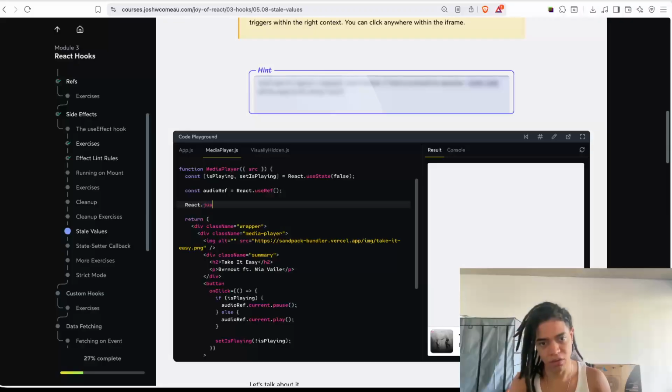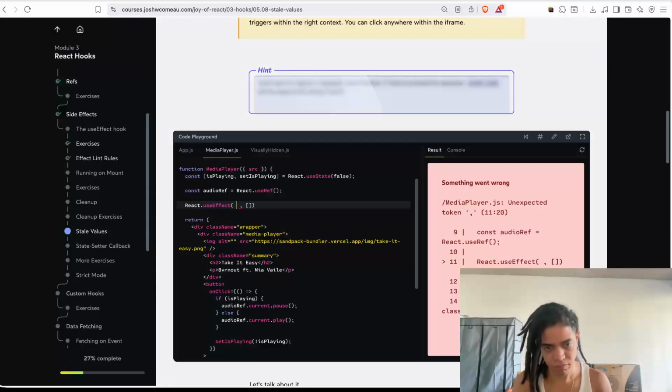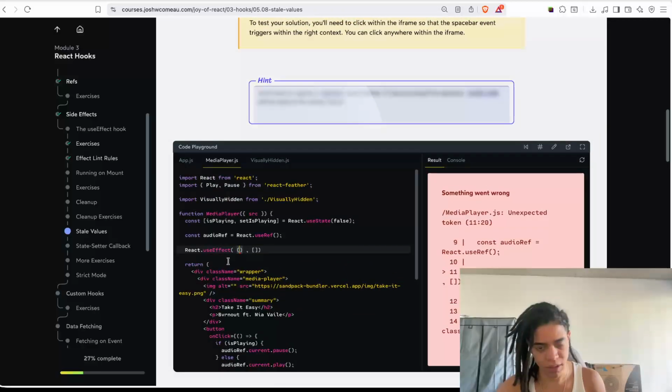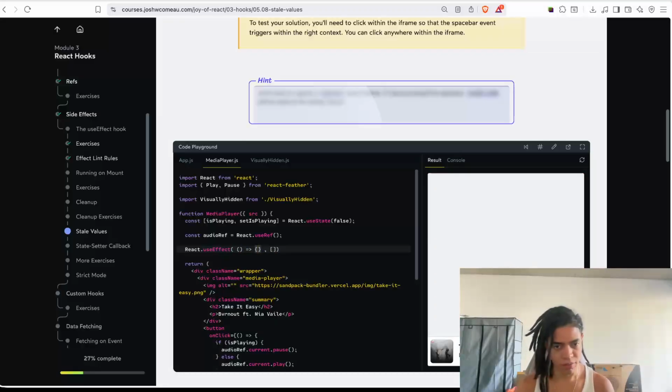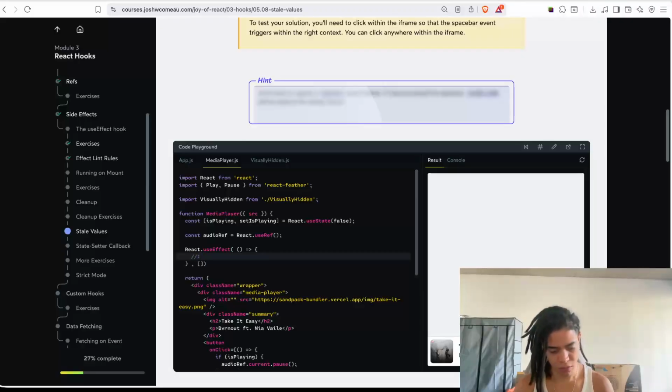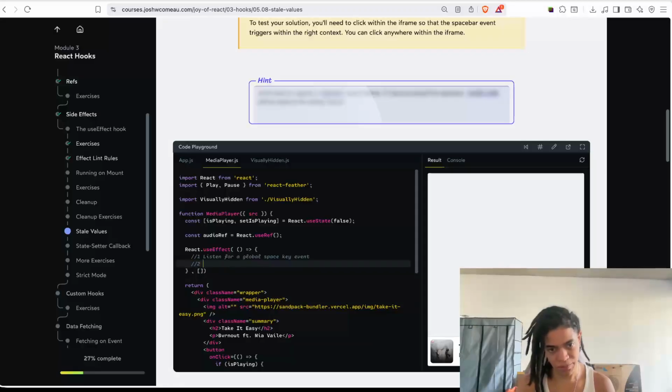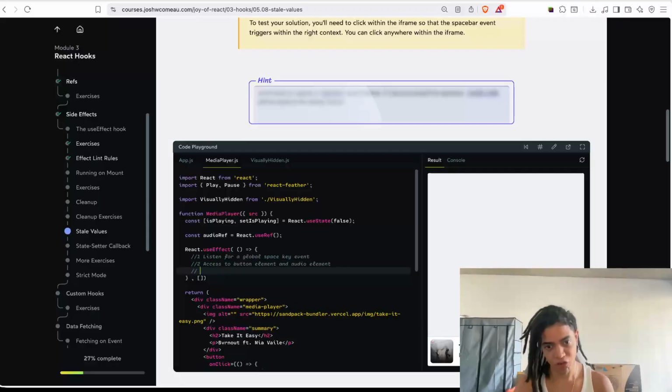In React.useEffect, I want this to run only once. So here are the three things. First, I need to listen for a global space key event. Once I listen to that, I need to access a button element and an audio element,